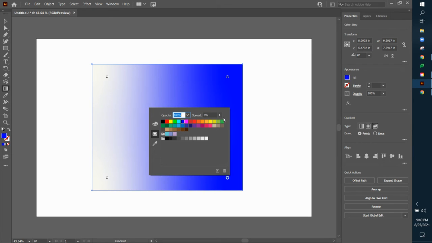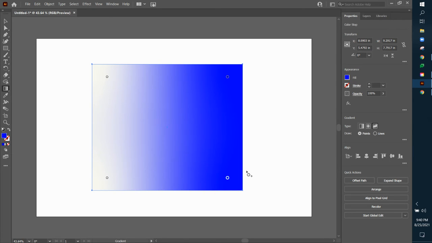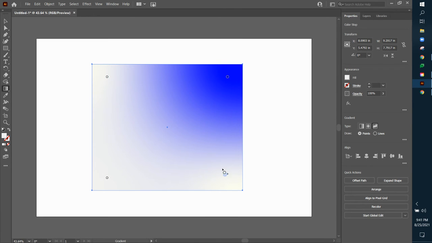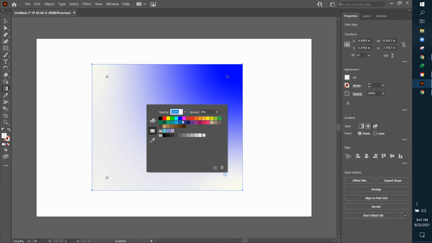Now, if we don't want all these points, it's very simple. In points, which says draw points, we can just click this, drag it off, it goes away. If I want to put a new point in here, see it says plus, I just click here and it's a plus. Now, mind you, it defaulted to white, but it's just double clicking and